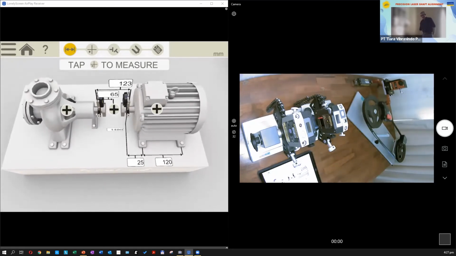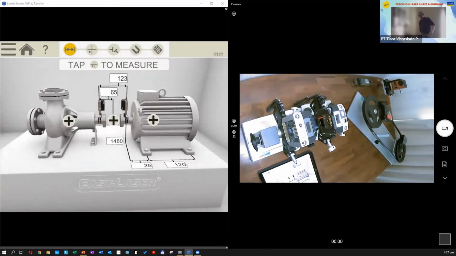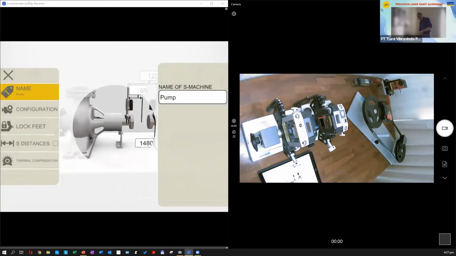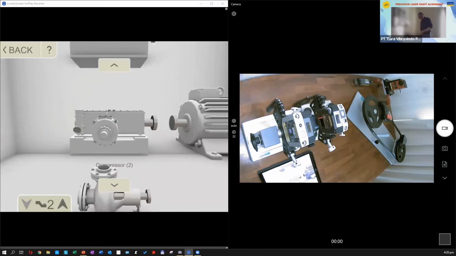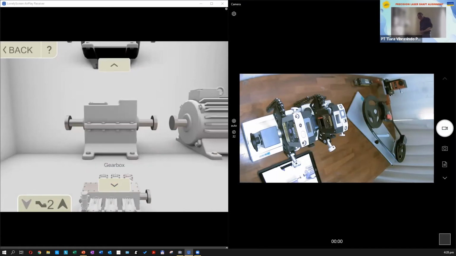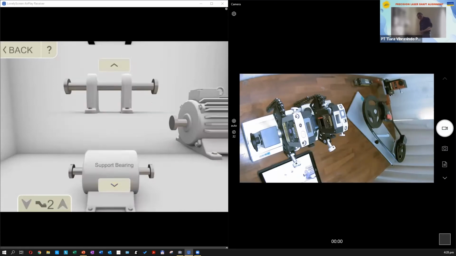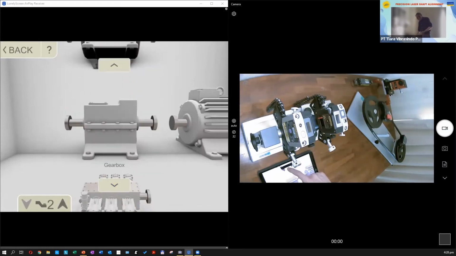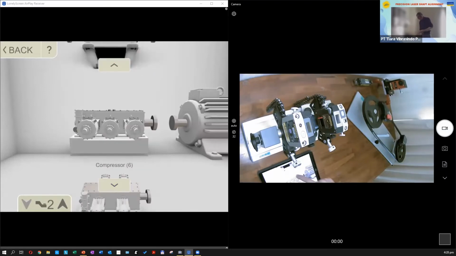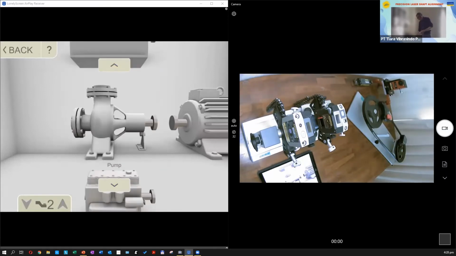I can look at this and adjust the graphic just by navigating on the touch screen, as I'm basically standing in front of the machine. That helps me with the orientation. You can change the machine just by hitting the plus. Say, what is the name? What kind of configuration is the machine in real life? Is it a compressor? Is it a gearbox? Is it a generic machine, and so on. There are many graphical templates here to represent the machine we are aligning as well as possible. I stick to the pump,